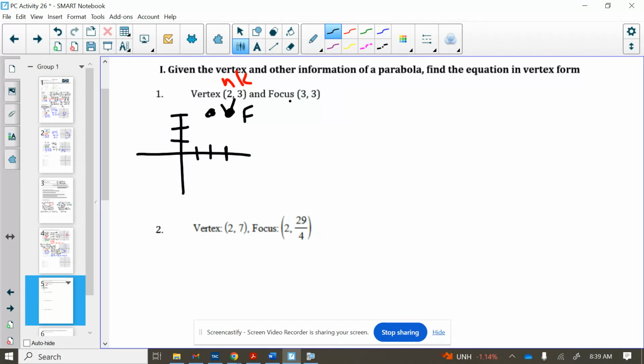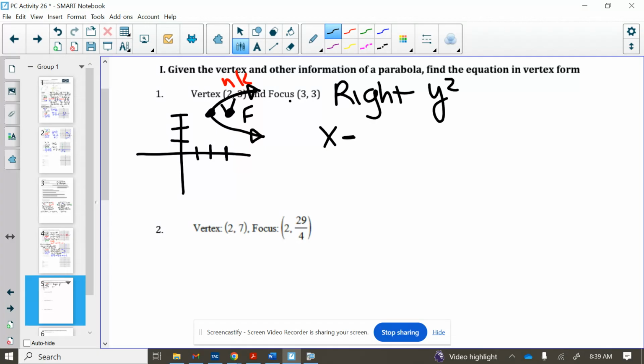3 here. Well, we know that when we have a parabola, it always starts at the vertex and opens towards that focus value. So in this case, we know that this is a right-facing parabola, which means we are going to have a positive y squared value, basically. So this can help us start the setup, right? We know we have x minus our h value of 2 equals positive 1 over 4d, y minus our k